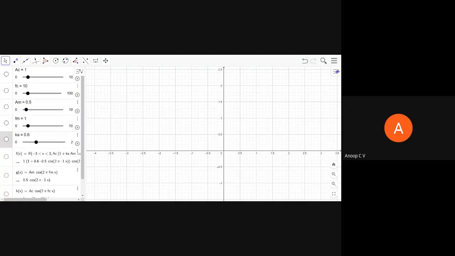And we told that for us to get a perfect AM signal whose envelope can be extracted easily, |Ka m(t)| is always less than 1, or 1 plus Ka m(t) is greater than 0. So we will just see what happens when Ka changes. To start with, I have assumed Ac is the carrier amplitude, so it's a constant. Ac is carrier amplitude, fc is carrier frequency.